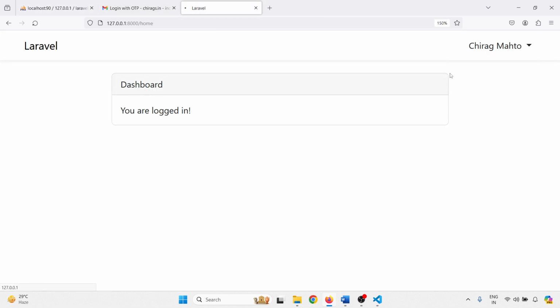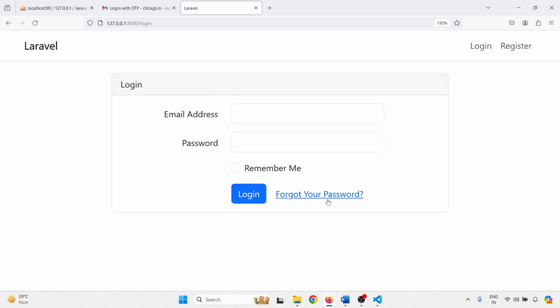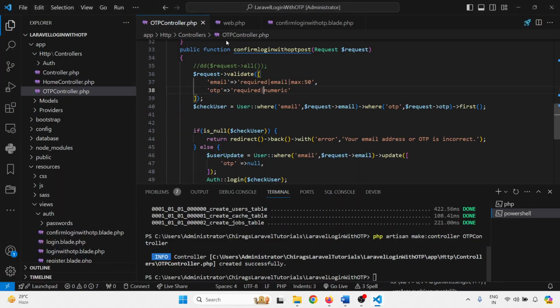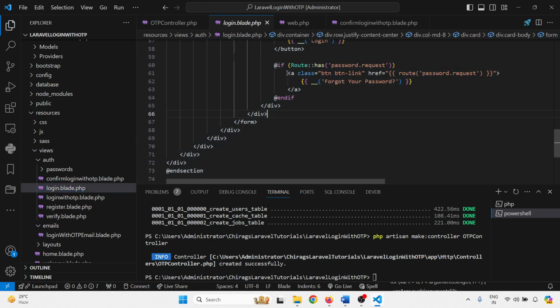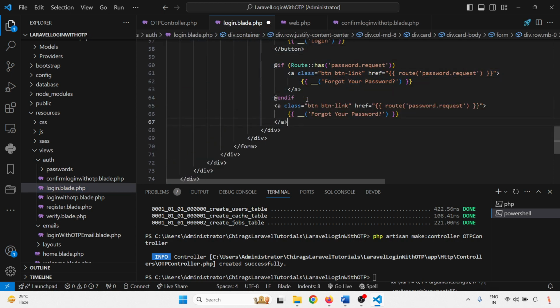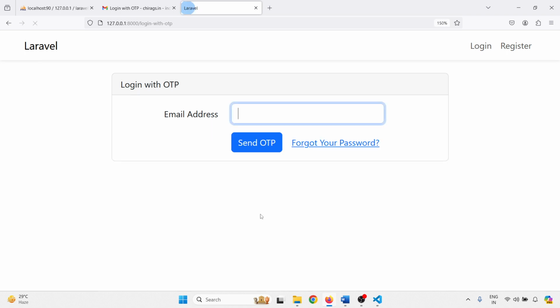If you want to log in with the same, okay, login with OTP, in the login page I'll just create the link. So link is created, just click here, you login with OTP,